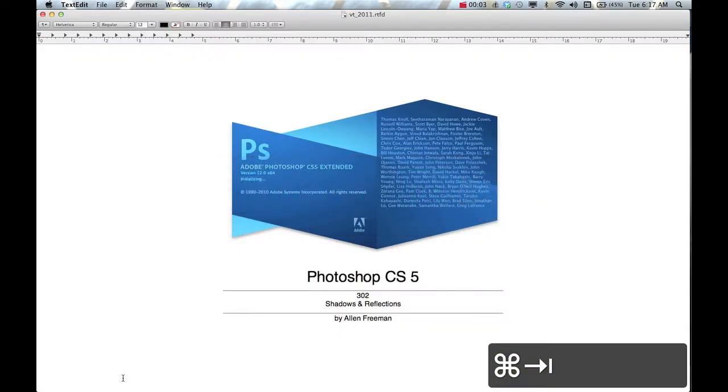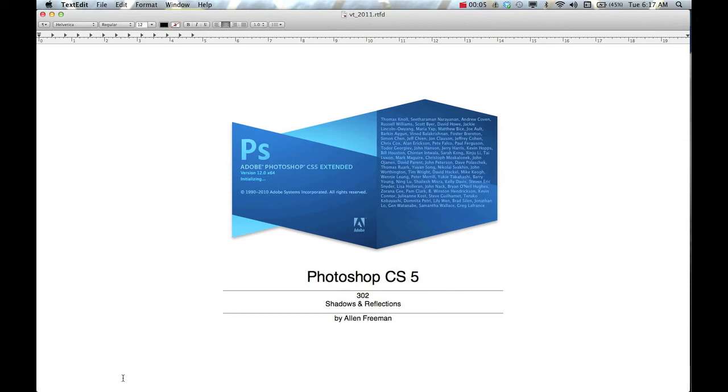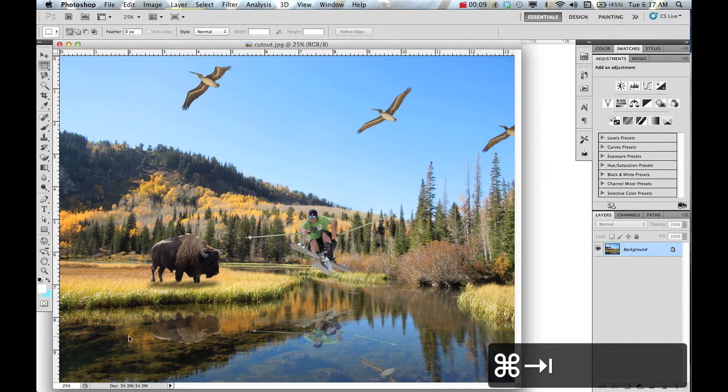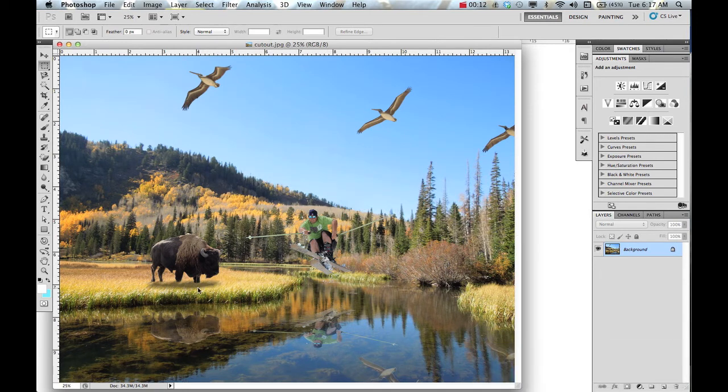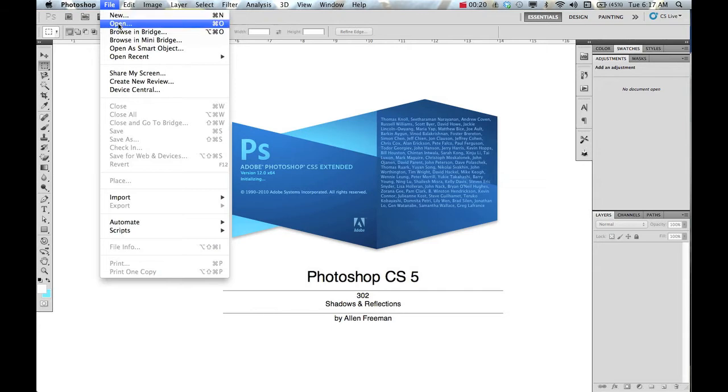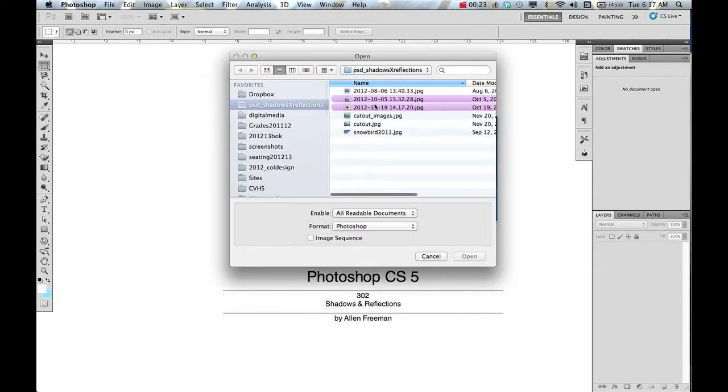In this tutorial, I'm going to show you how to add some shadows and reflections to your images. So basically, right here we've got some objects I've put in, and then I've added reflection, a little bit of shadow down here, and I'm going to show you how to do some of that stuff. So first off, let me open up those two images,